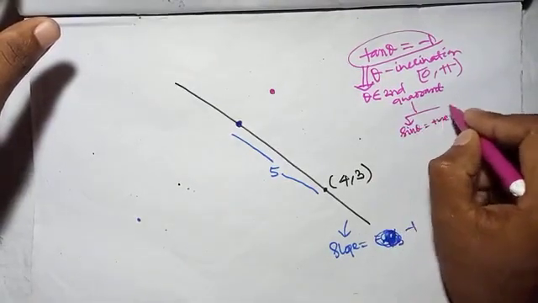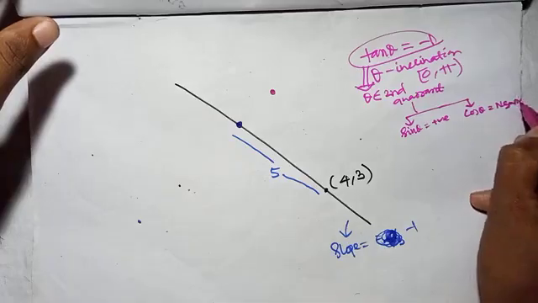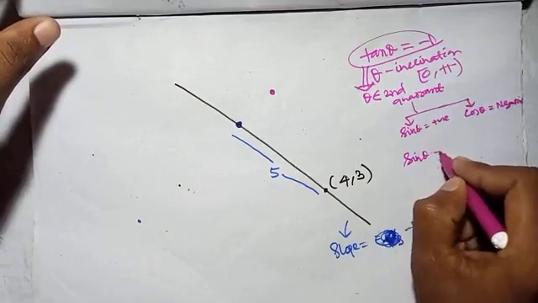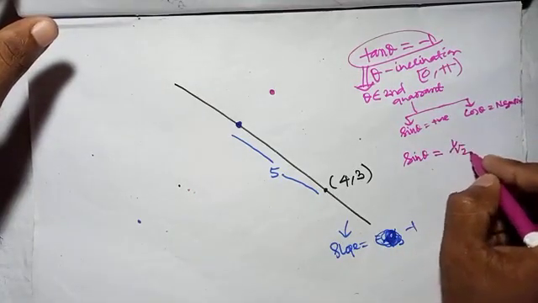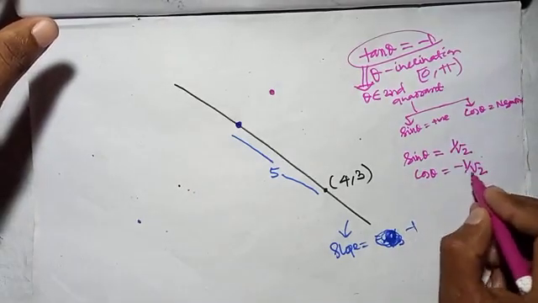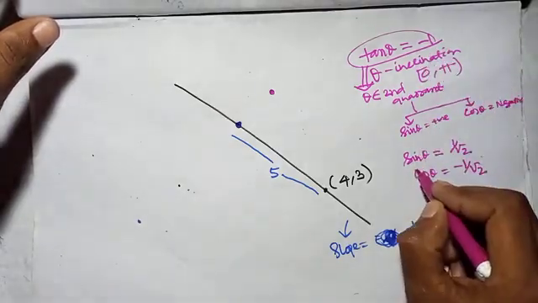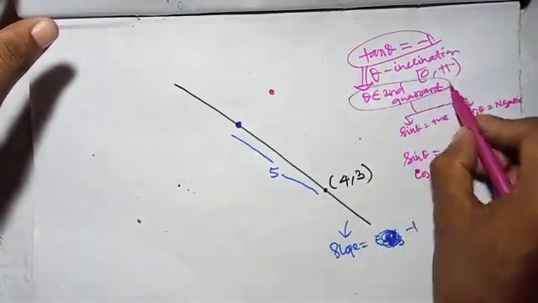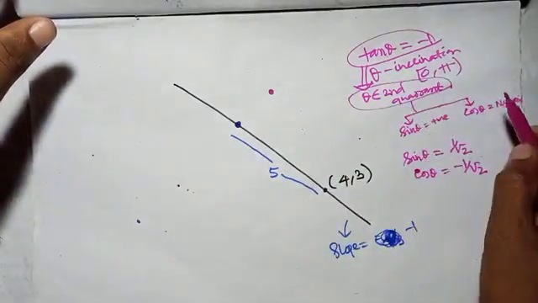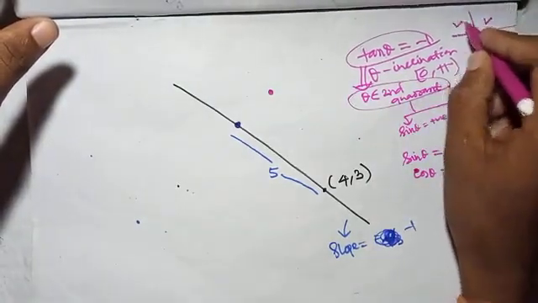In the second quadrant, sin theta is positive, but cos theta is negative. So since tan theta is -1, sin theta will be 1 upon root 2, and cos theta will be -1 upon root 2. We are taking cos theta to be negative because theta belongs to the second quadrant. Since tan theta is negative, theta belongs to the second quadrant, as theta can vary only between the first quadrant and the second quadrant.